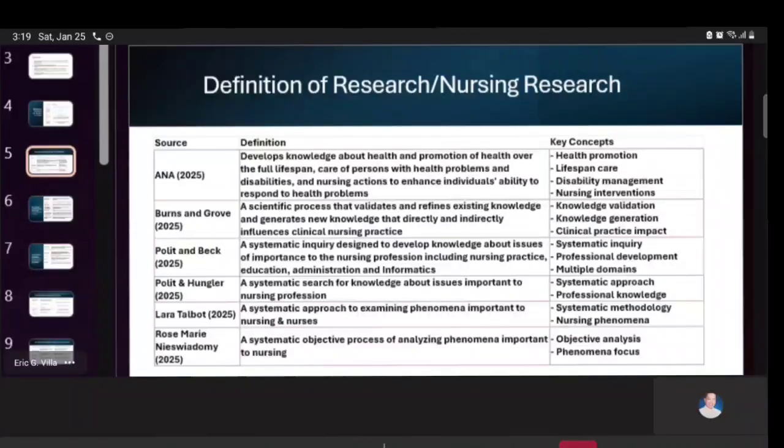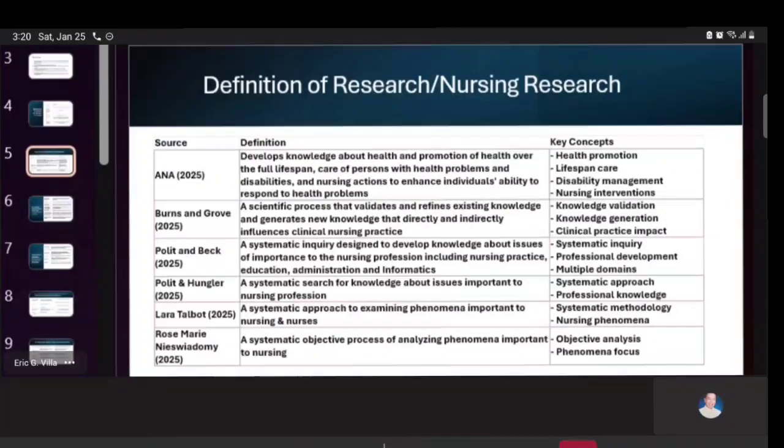In her definition, we can also say that the analyses are very objective, meaning it emphasizes the scientific nature of nursing research, requiring unbiased examination of evidence and data. The nursing phenomena